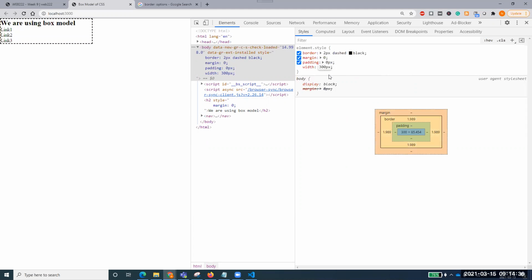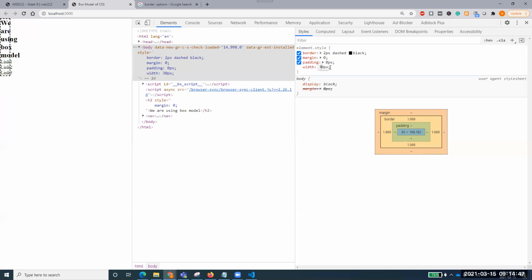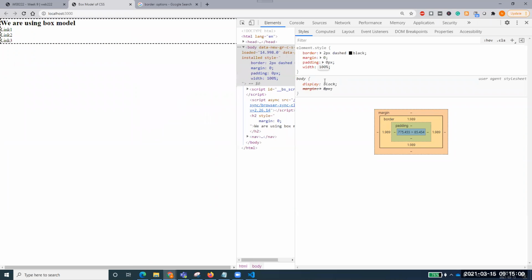If I make it shorter, for example 30 pixels, you see the text is overflowing. Why is it overflowing? Because we have set the body to 30 pixel size, which should not be the case. Usually we use not 100 pixel but 100%. We have different options for using that, and we'll talk about that. 100% will make it 100%, or if you do not define anything, it will be fixed to that. Right. So everyone understands that this is our body part. Everyone clear?